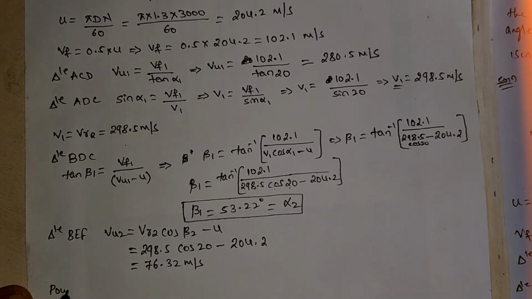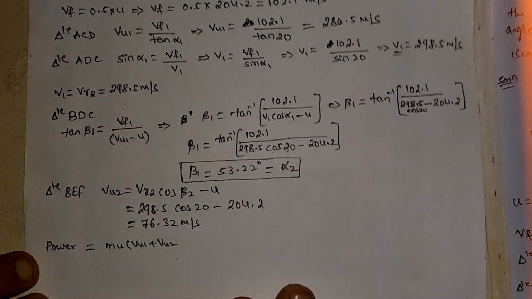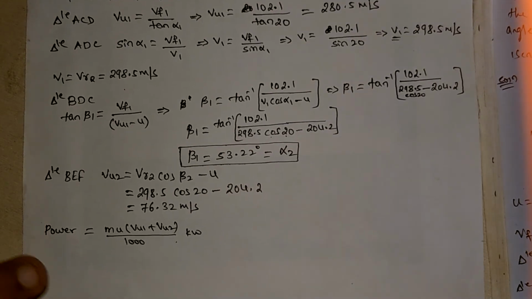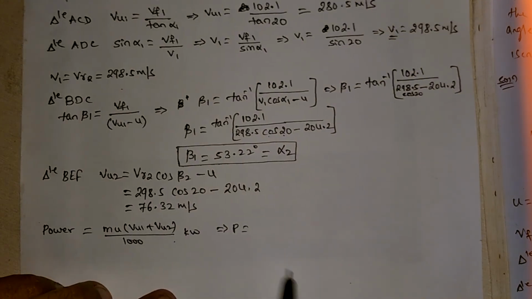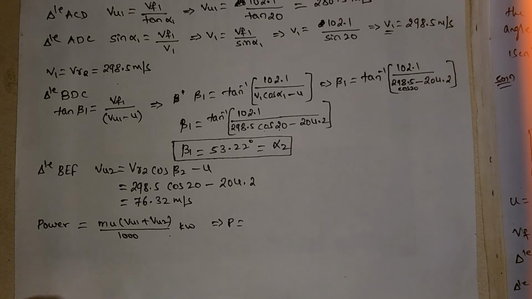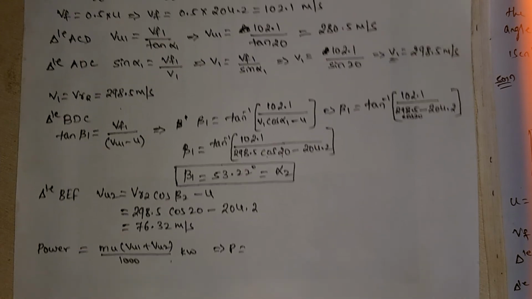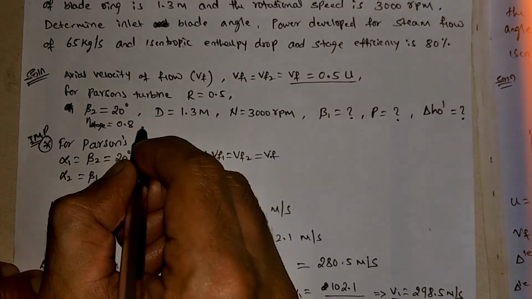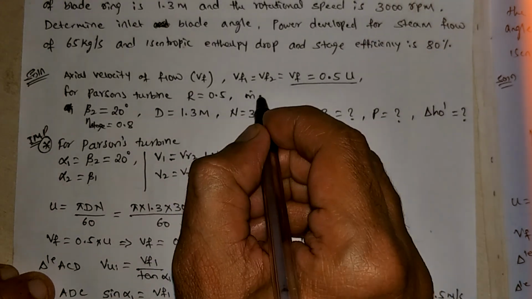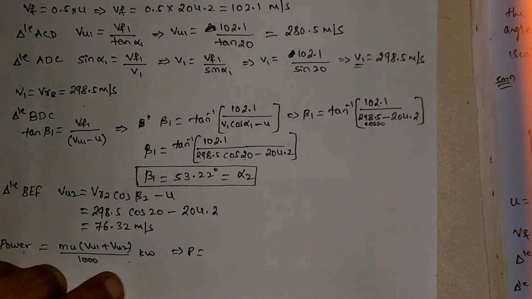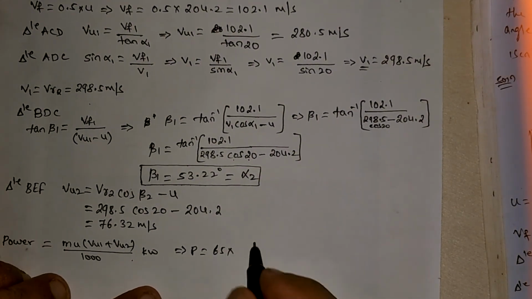So power is equal to m into u into bracket VU1 plus VU2 divided by 1000 kilowatt, right? So this is given by power is equal to m, the mass flow rate, which is given as 65 kg per second. So m dot is equal to 65 kg per second. So 65 multiplied by u,